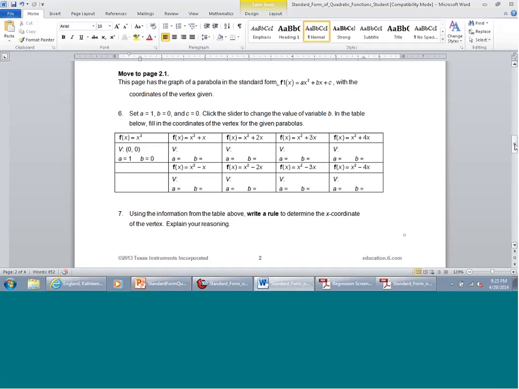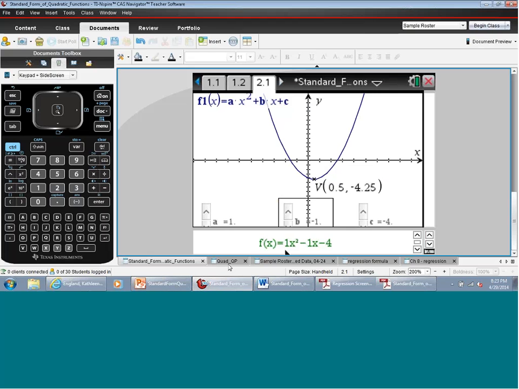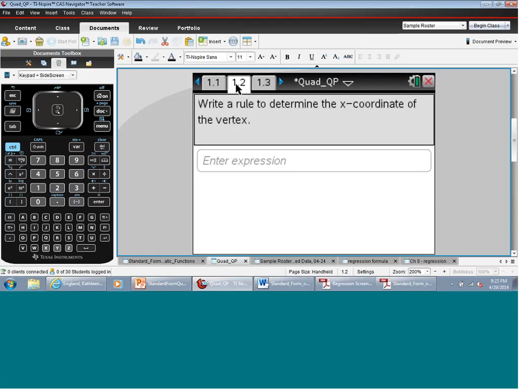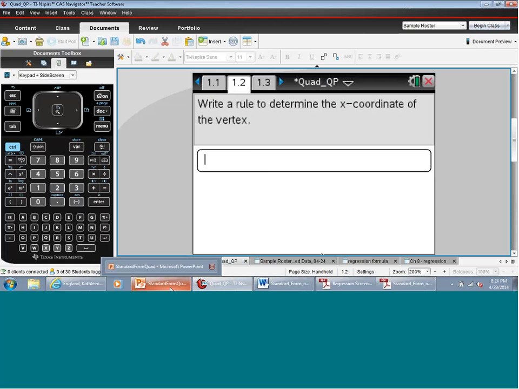But what it wants them to do in number 7 is write a rule. And so anytime students are asked to write a rule, I think it's a fabulous time for a quick poll. So I have a question here where I'm asking students to simply determine the x-coordinate of the vertex, which is what this is sort of leading them through. Notice this is an expression. So it's asking students to write an expression when I send them to a quick poll, and it allows me the opportunity to determine whether what students are doing is right or wrong, and mark it